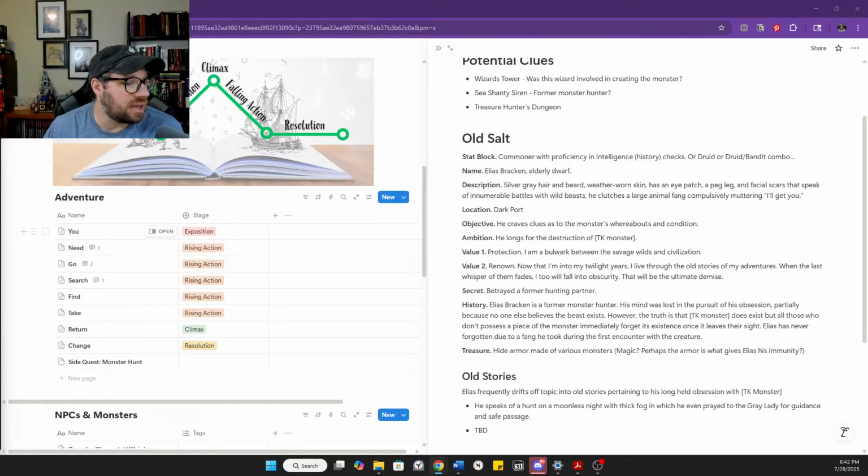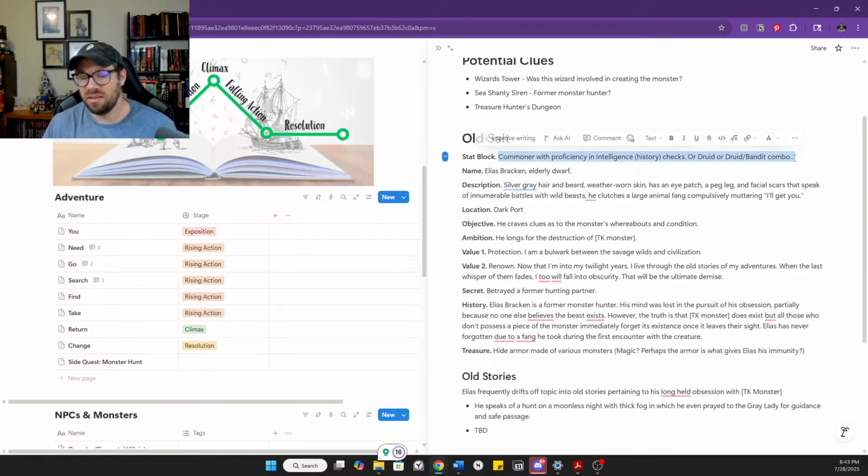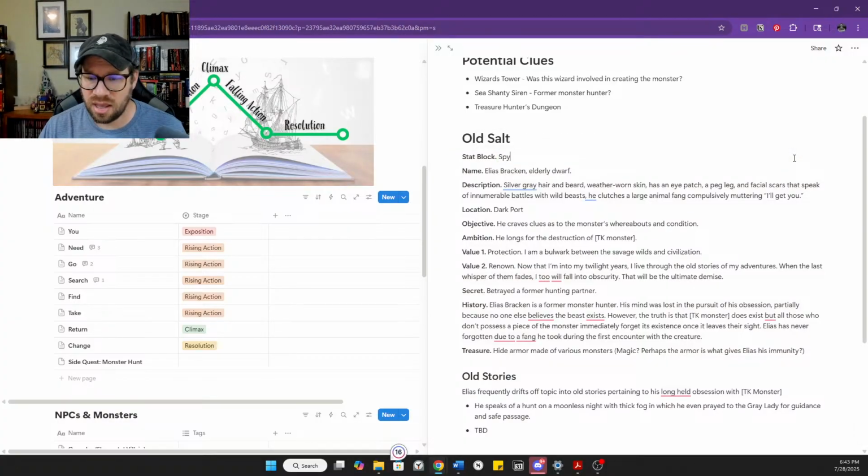I didn't think I was going to say this, but let's go spy for this. That's a real easy one. And that actually kind of fits with some simple reskinning. You could say spy with the following modifications.